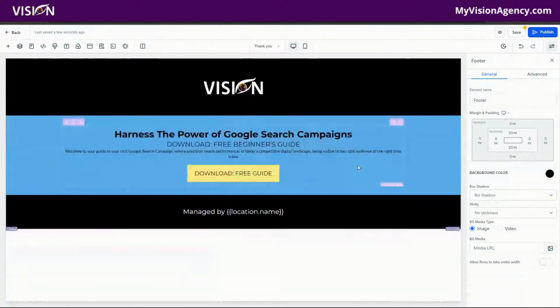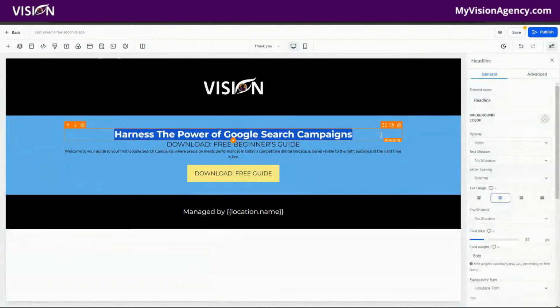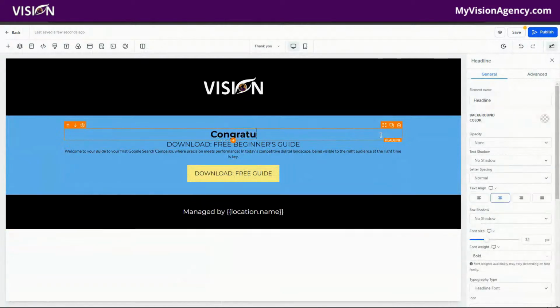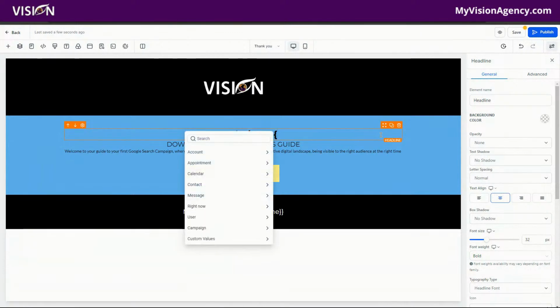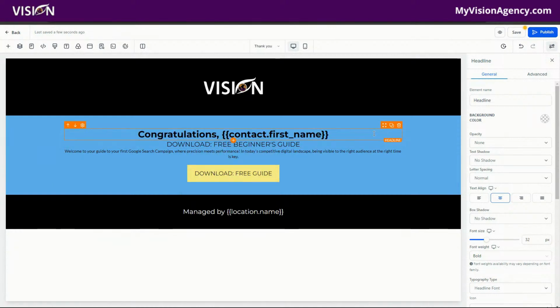Let's delete this and let's say, congratulations, comma, and let's use another custom value. So we're going to do shift and then the bracket there. And then let's say contact this time. And we're going to say first name. Okay. So it's whatever their first name is. It's going to say congratulations, comma, their first name. And then we can say,